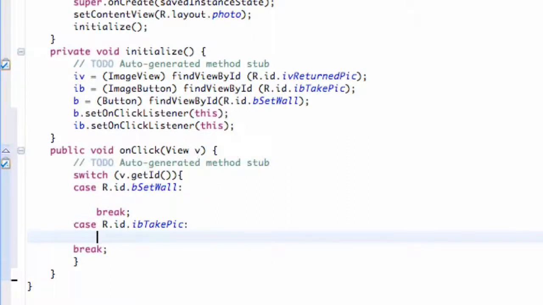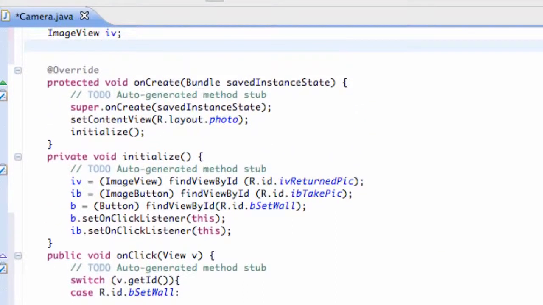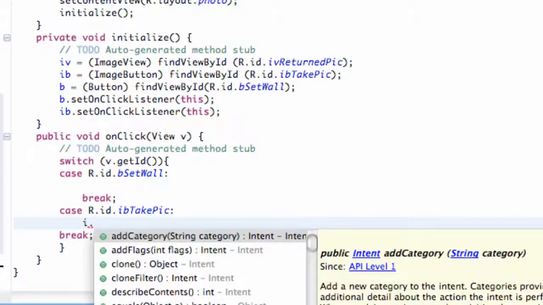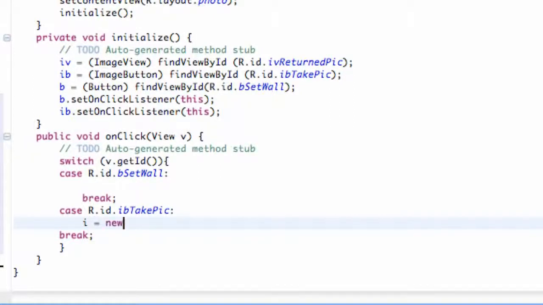We're going to define our intent up above our classes so we can use it in multiple methods. So we're going to say Intent i is what we're going to call this intent, and then within the take picture switch case that you guys set up, just hit i equals new Intent, just like we've always done. And basically the camera application is in our manifest. We don't see it, but it has an action name. So we're going to refer to the action name of the camera by going